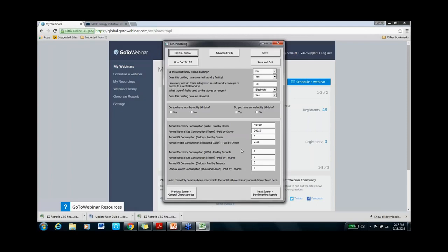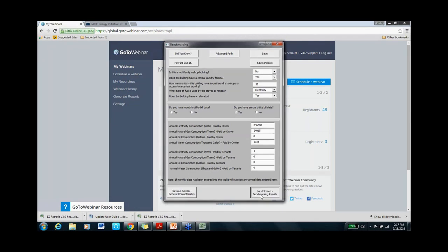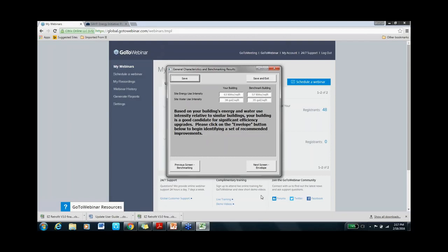I also want to let everyone know that the tool can be run without entering utility data, though that is not my favorite option, because the power of EZ Retrofit lies in its calibration process, which is the tool on the back end runs complex calculations and takes into account the utility data you enter to generate as accurate results as possible specific to your building. So once you've entered the utility data,